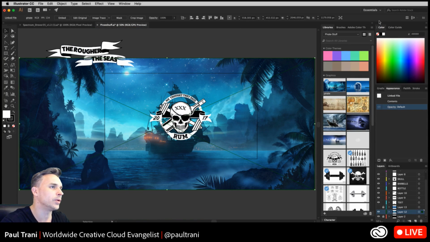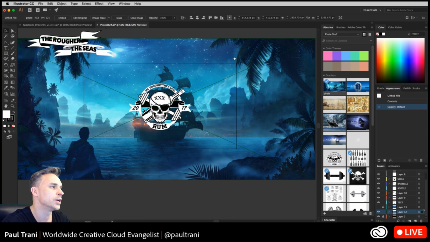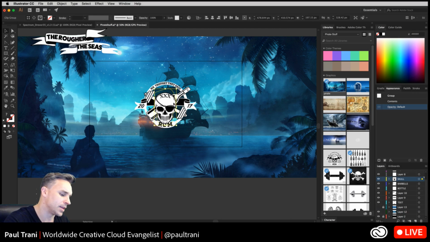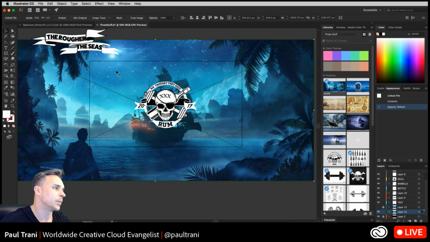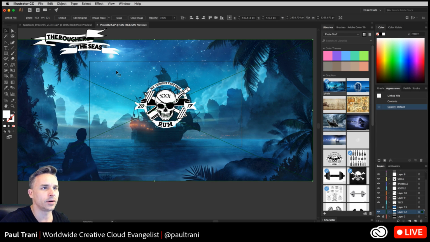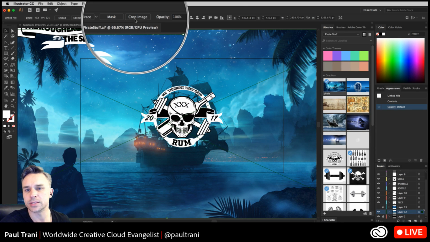And you'll end up with these Illustrator files that are just huge because you have these huge images that you're not necessarily using the whole image for, right? Plus, I don't want to have to necessarily open up Photoshop just to crop the image, right? So in this case, I just want to crop out the center part. Right up here at the top, if I zoom in on that, you can see it says crop image. Cool. Easy enough.